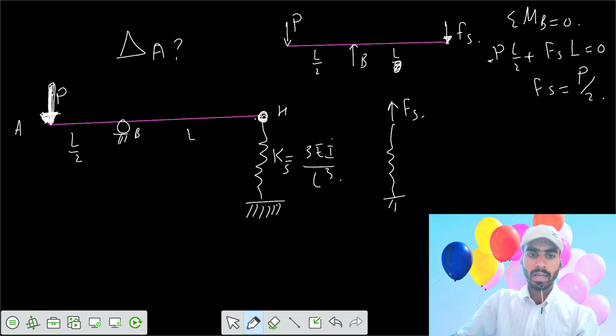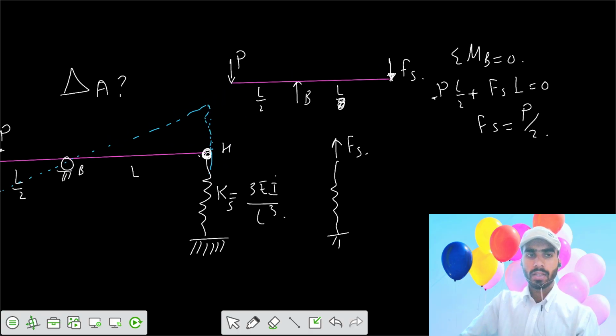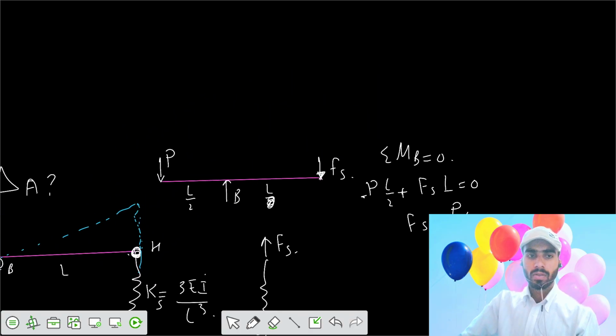So the final equilibrium diagram should look like that. This part is going downwards and this part is going upwards, such that the spring gets elongated. So this is the sort of profile it should have. So finally we got the forces. We can now find the strain energy stored to get the deflection at